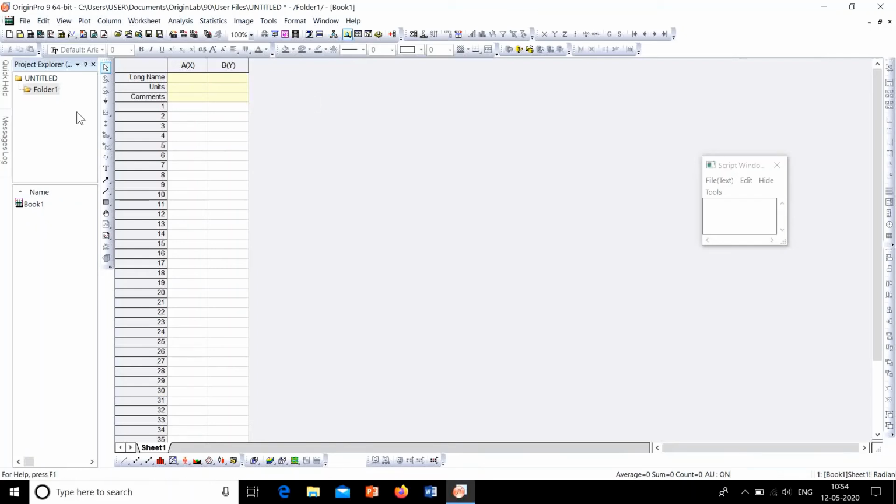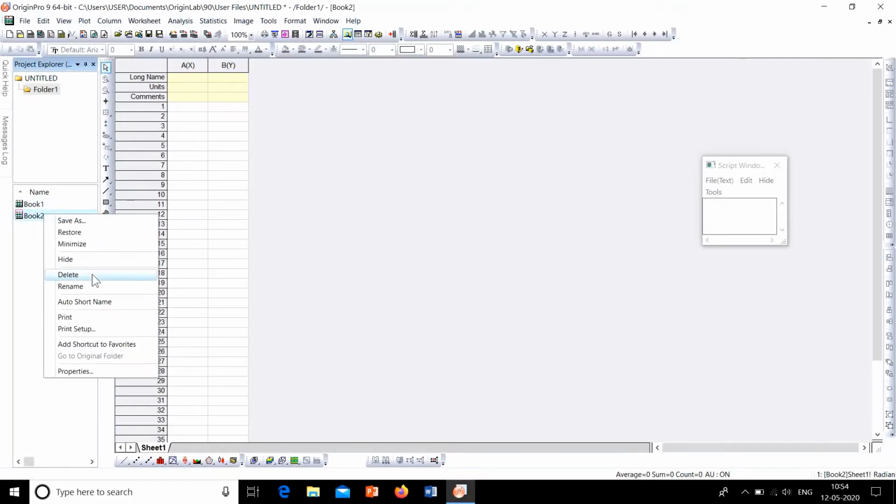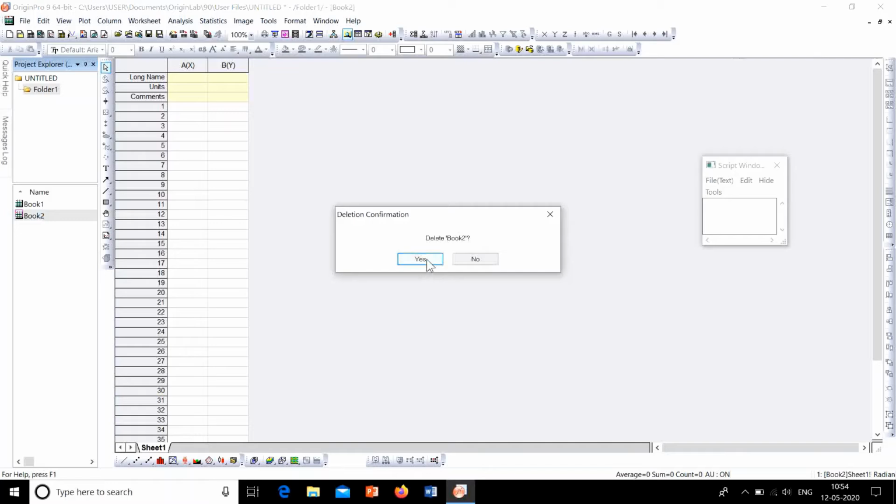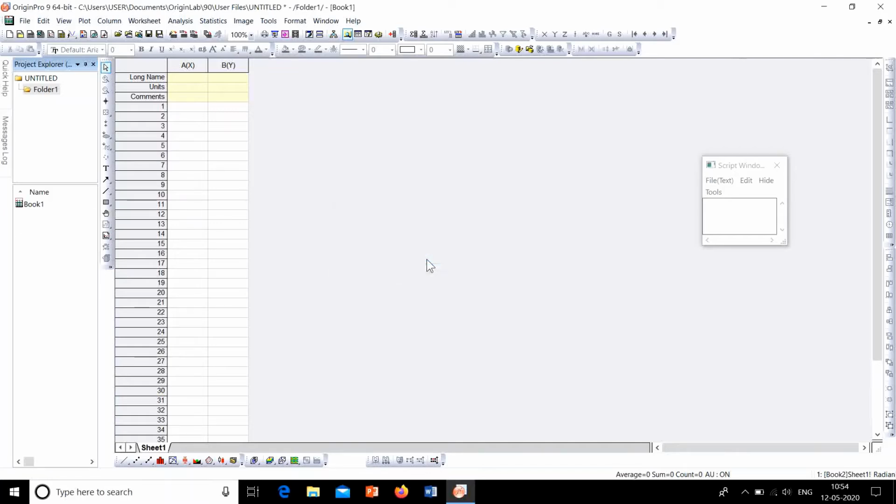To create a new workbook, just click on the New Workbook option, which is the third option from the left. By clicking this you will get a new workbook. See, this is Book 2, so we have 2 blank workbooks here. You can also delete one just by right clicking, and the Delete option is there.